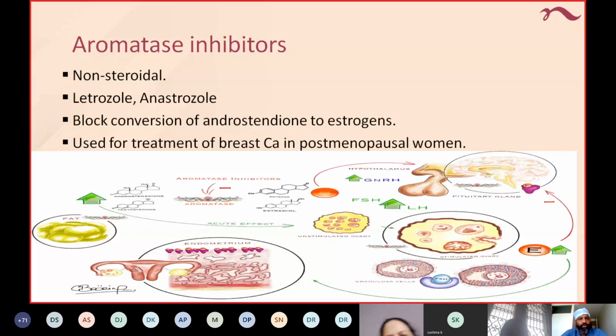In the past, it has also helped a lot of people to conceive, because it's a non-steroidal aromatase inhibitor, and this blocks the conversion of androstenedione to estrogens. It is also used in the treatment of carcinoma breast in postmenopausal women, and that's how, while treating breast cancer, they discovered that it was also helping ovulation. When they were treating with aromatase inhibitors for breast cancer, they observed a good follicular size, an increase in follicular growth. Then they changed it over to use in fertility also.